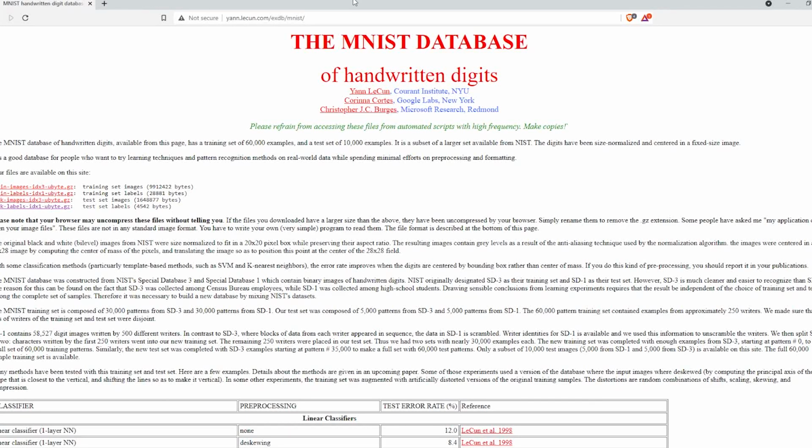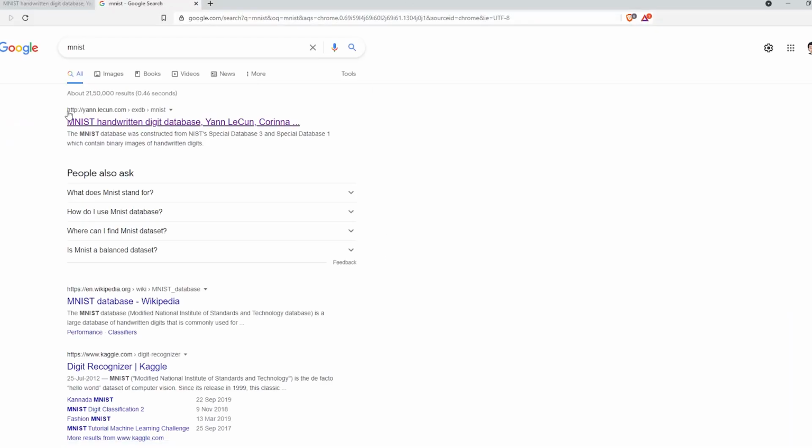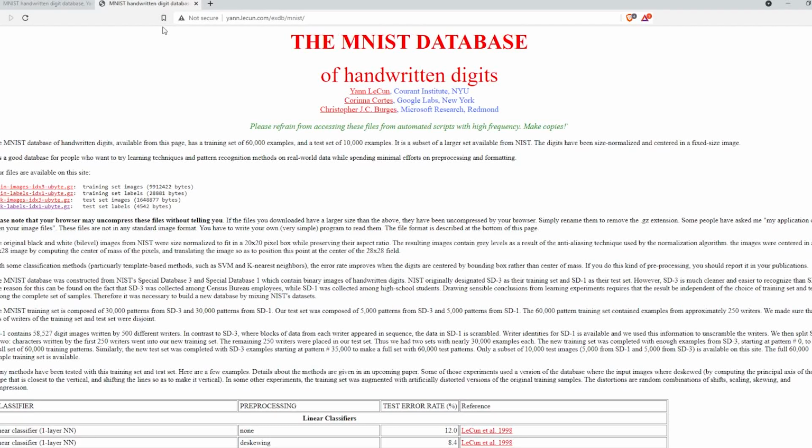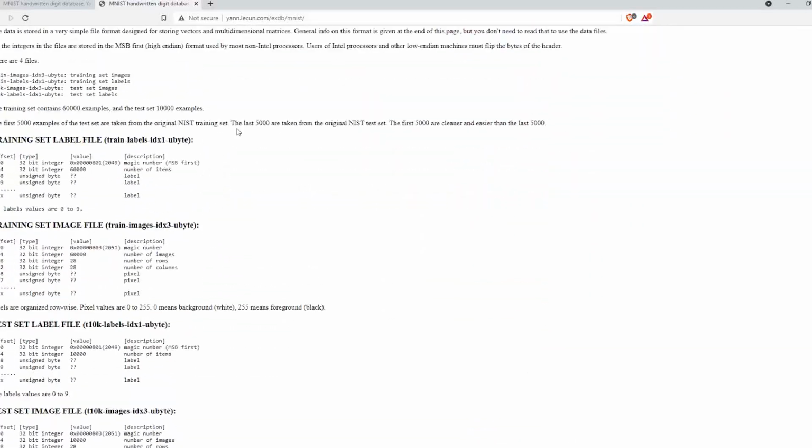In order to get started with this one, you will require the MNIST database, and the way you can find it on Google is just type MNIST, and this is the first link that you will come across, which is by Yann LeCun. This is his creation actually. He is a major contributor in this project, along with Corinna Cortes and Christopher Burges. Together they made a data set of 70,000 handwritten digits, out of which 60,000 are our training samples and 10,000 are our testing samples. These are 28 by 28 handwritten images, so the dimension is 28 by 28 pixels. That is the image that we have.